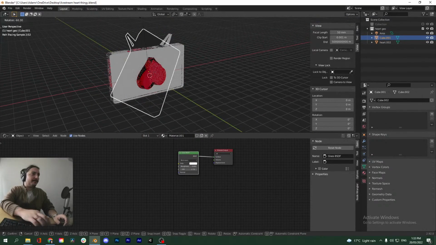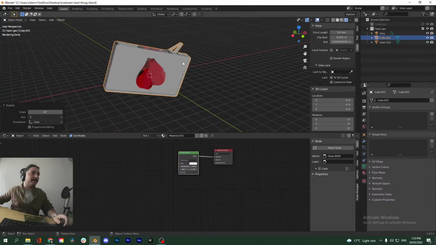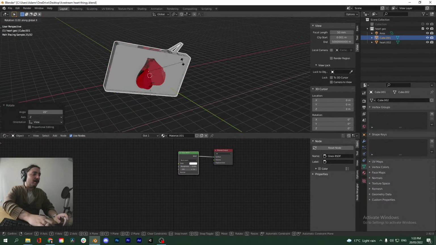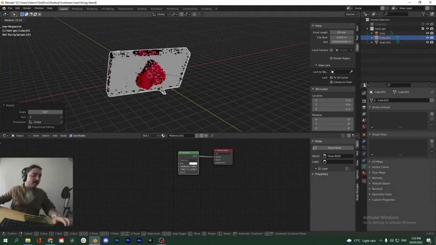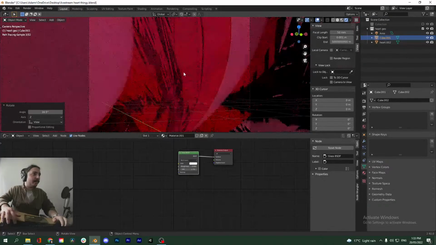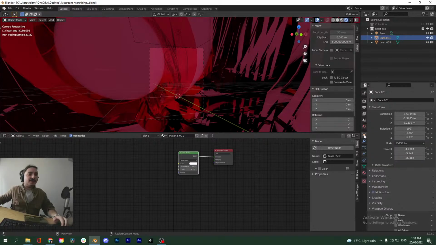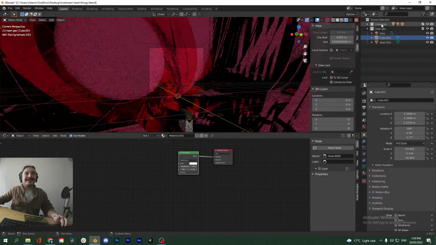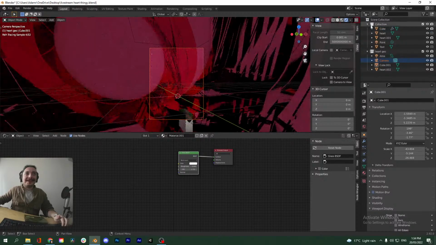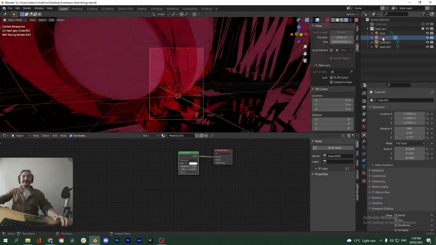And for some reason everything's upside down, probably misclicked somewhere or other. You can just press R, X, 180, and now it'll kind of be normal again. And you know why? It's because our camera is so close to the geometry. Yeah, this is what happens when you rush things. Things don't go according to plan. I feel like I'm going off the rails a little bit, oh my god.